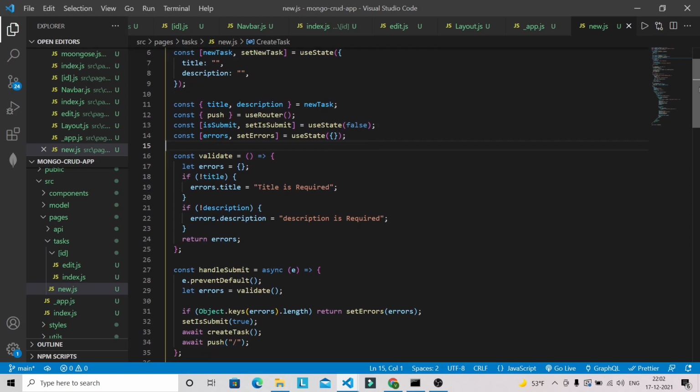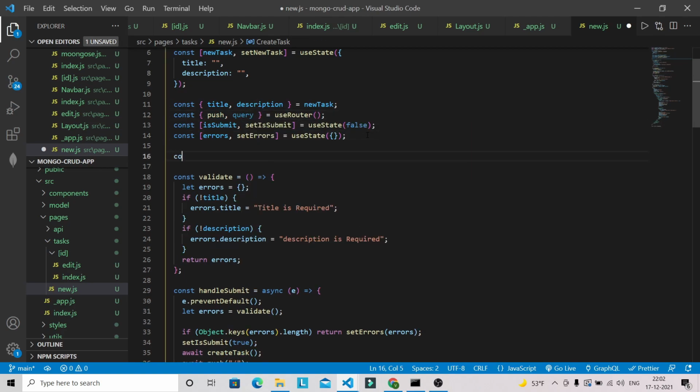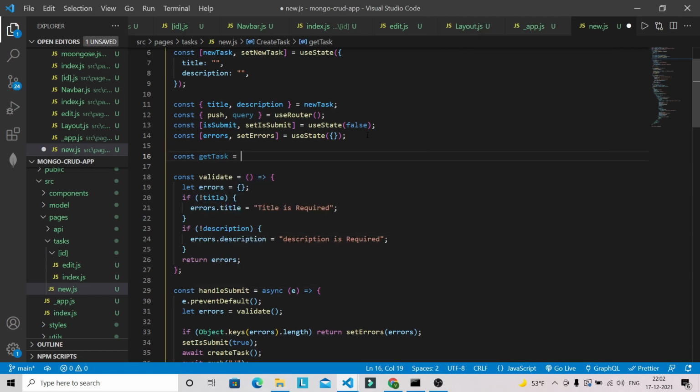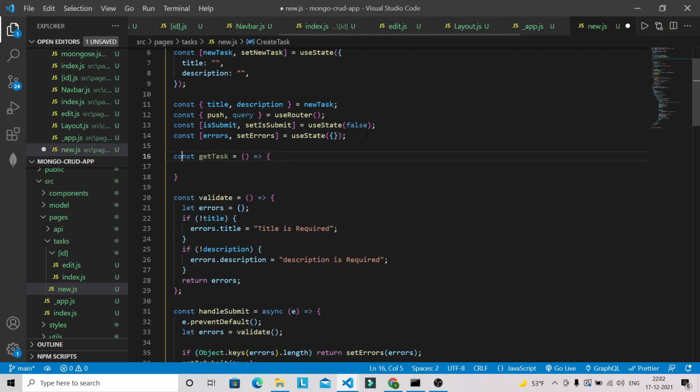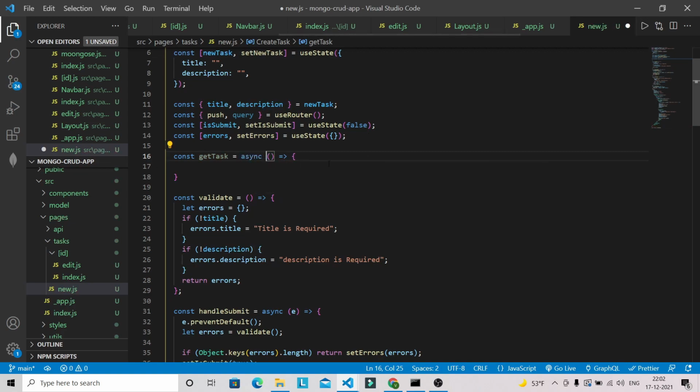So what I'm going to do, here we have a useRouter and we will get query as well. Okay, and we can have one function here like getTask, and this will be async await, because it's gonna be making an API request for getting the single task based on the ID.